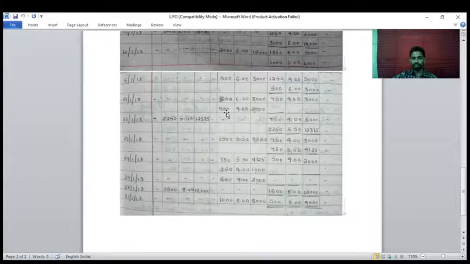So these 500 units we have to take from this first stock. Okay, so 500 units we have taken at the rate of 4, the total amount is 2000. Again we have to maintain the balance on this date. Okay, so out of this 1250 units we have taken the 500 units. Okay, so remaining is what, 750 at the rate of 4, it's 3000. Okay, it's also finished.